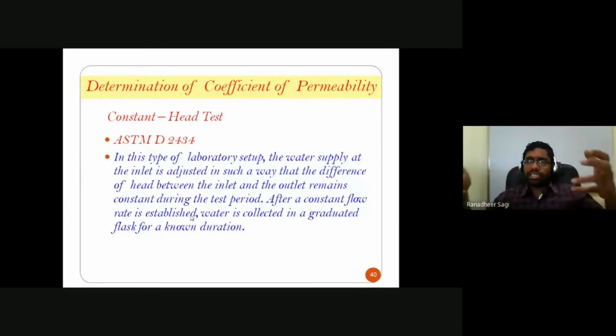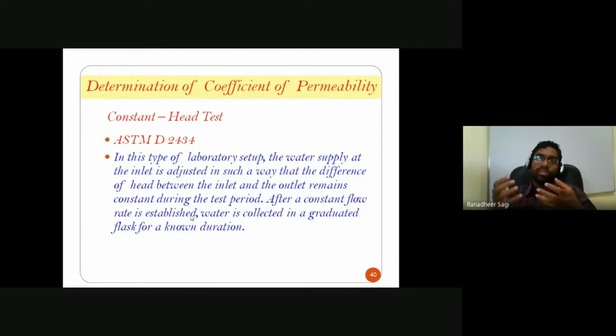That means once the test is started, do not start collecting the water at time t equal to 0 itself. Allow the water to pass through that soil sample for some time. Then fix a certain period of time and collect the water flowing through the soil sample. Why are we initially allowing the water to pass through the soil sample? In case the soil is not fully saturated before you start your test, by allowing the water to pass through, you can ensure that the soil becomes fully saturated. Then that particular soil sample is effectively used for carrying out your test.